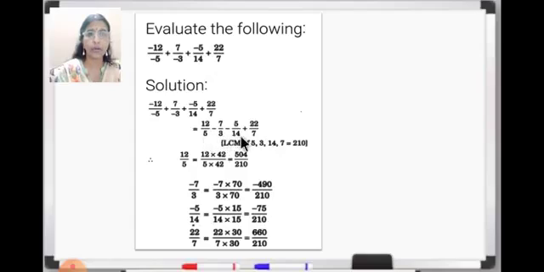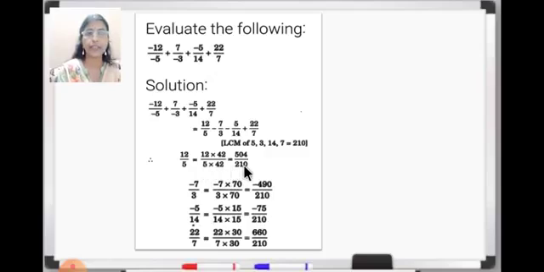Now you see here all the denominators are different. So what will we do? We'll take the LCM of 5, 3, 14 and 7. When we take the LCM of these 4 numbers, we will get 210. That means we have to make the denominator 210. So first we will write this rational number, 12 upon 5. Now here you can see in the denominator 5 is there. So 5 multiplied by 42 is equal to 210. Same way here the numerator also will be multiplied by 42. When you take the LCM, you will understand what you should multiply by 5 to get 210.